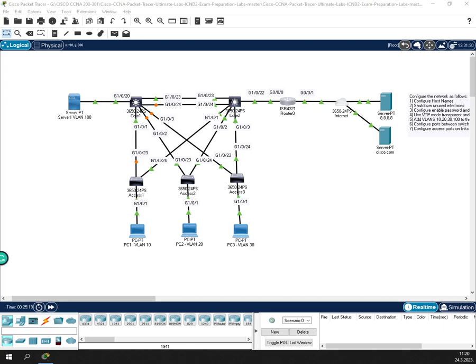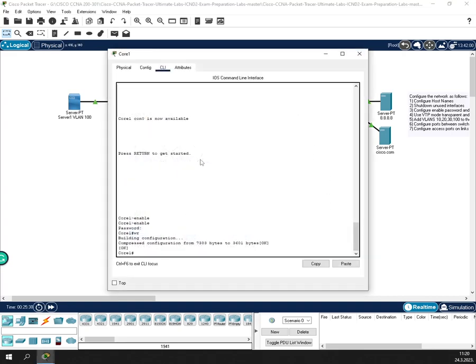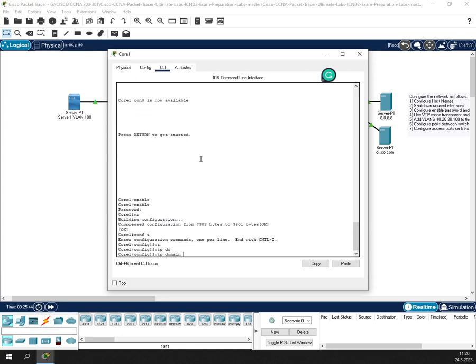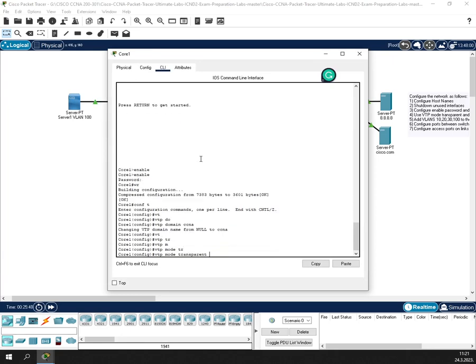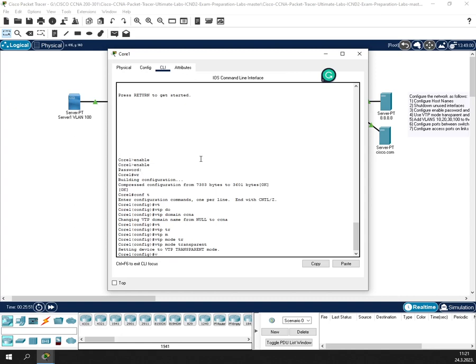Next step, we will enter to all switches and configure VTP. So we done it before, it's easy. We will first define the domain and then set the transparent mode. And at the same time I will configure VLANs. So I will just add two VLANs on each device. Okay, so let's go to core number 1, configuration T, VTP domain CCNA, VTP mode transparent, okay, and now add